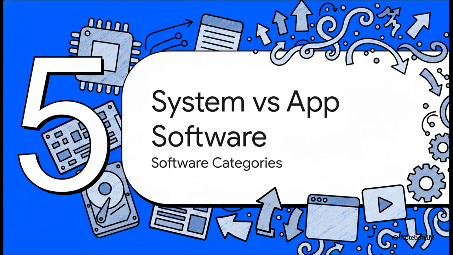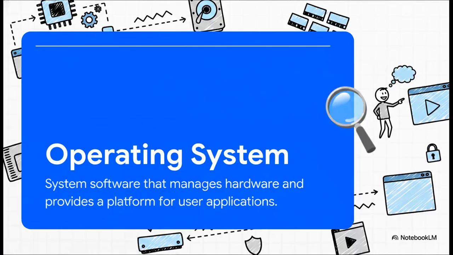Okay, Section 5, Software, System versus Application. Hardware is literally just an expensive paperweight without instructions. So let's explore the invisible half of the computer, software. The absolute most critical piece of software on any machine is the operating system, like Windows, Mac OS, or Ubuntu. The OS is essential because it interacts directly with the hardware at a fundamental level. You honestly cannot use a computer without it. It allocates memory, manages the CPU, provides security, and creates a stable platform so that you, the user, can actually